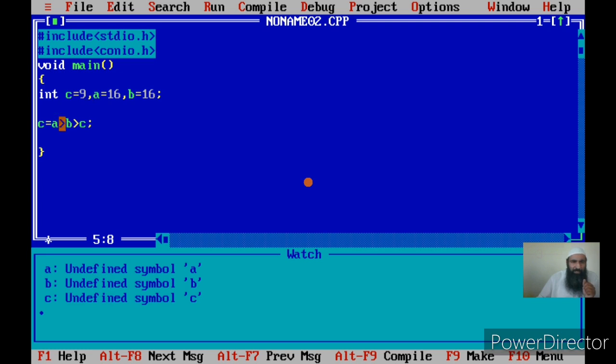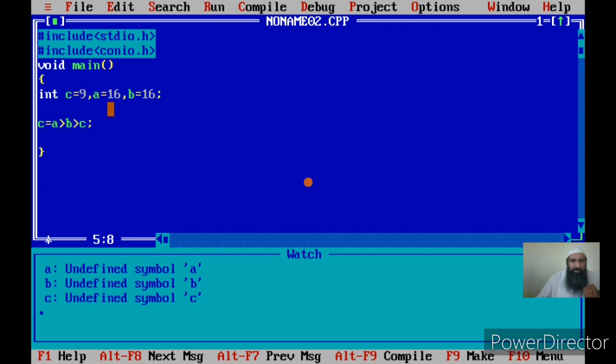Now in the precedence table, if you check greater than and greater than, they will naturally have the same precedence because it's the same operator. But which one to do first, the left one or the right one? Again, you have a rule called associativity, and the associativity of relational operators is left to right. So first this greater than symbol, the leftmost, that is A greater than B, will be used to perform the operation. This operation will be performed first. And what is the result of this operation? It is 0 or 1 depending upon the nature of the result.